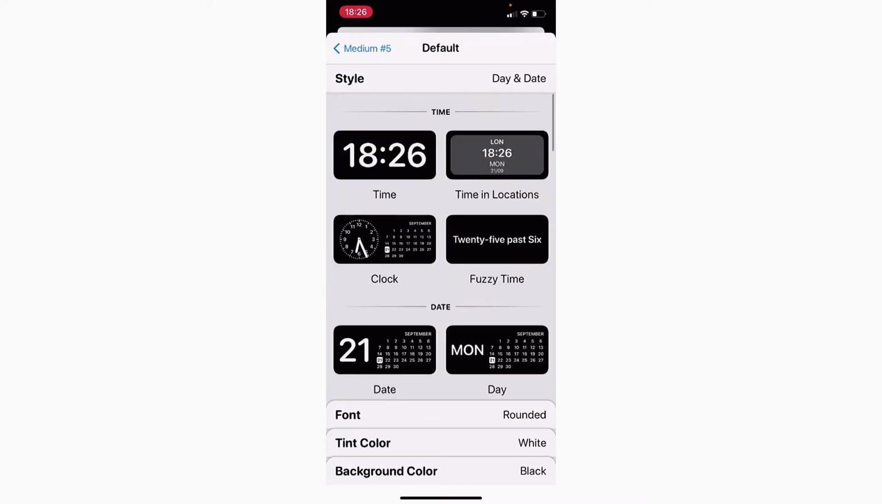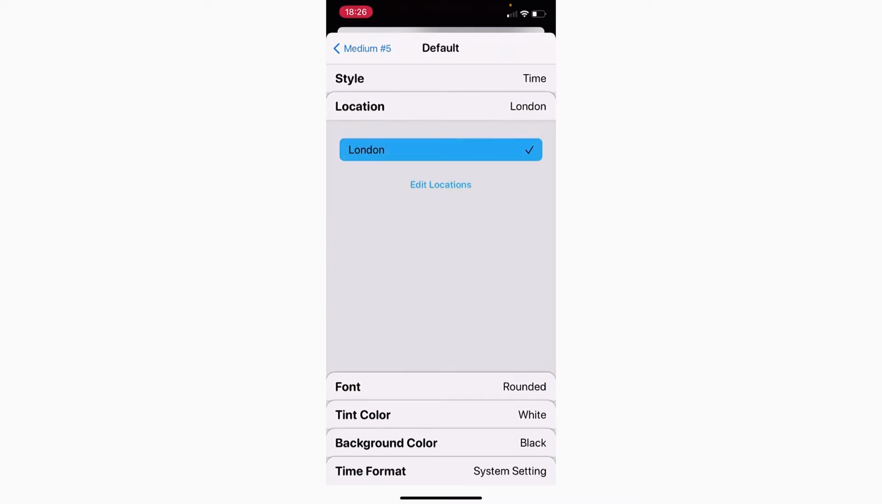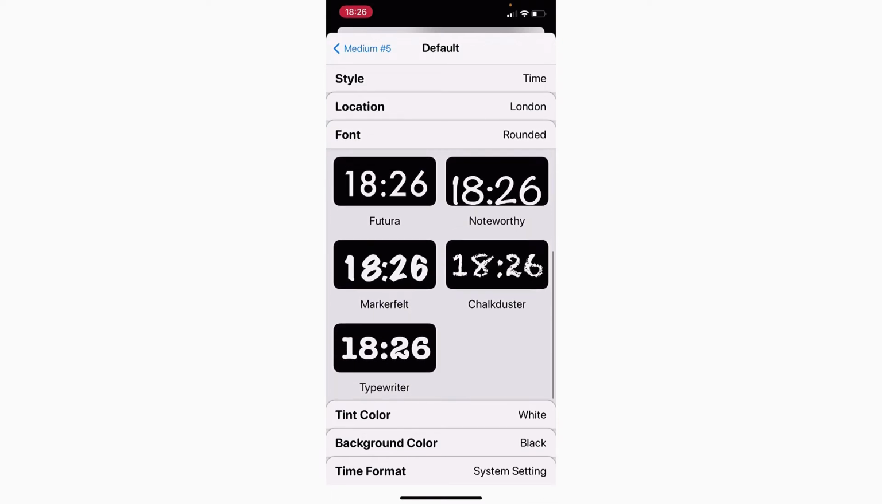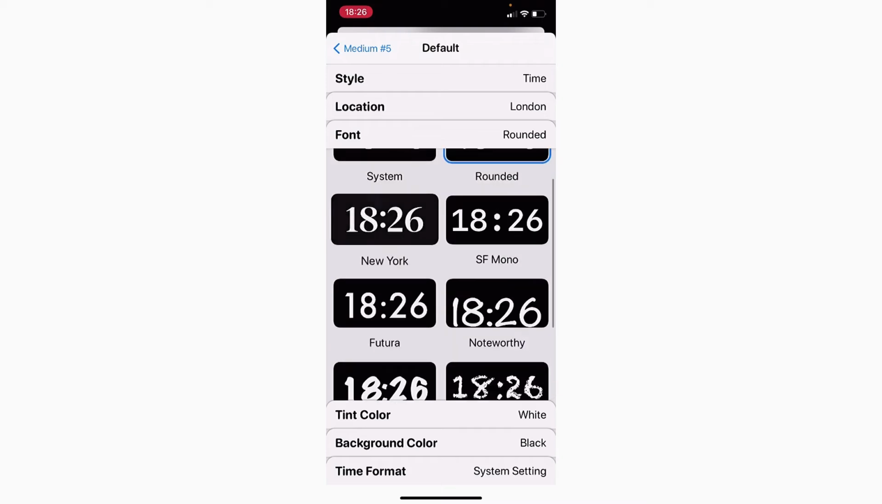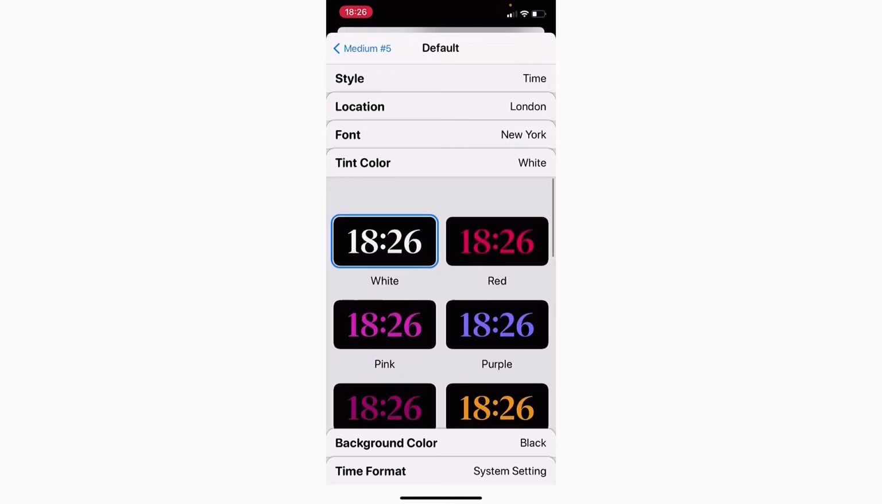For example, if we wanted to do a time widget, if I just clicked this time one here, I can select where I want the time to show. You can also change the font. So you have quite a fair few fonts to choose from. So if I chose New York, for example, you can choose the tint color, you can choose what color you want it to be on your screen. So if I went for like a red,